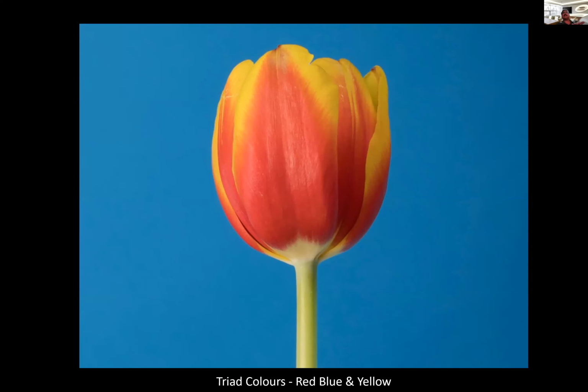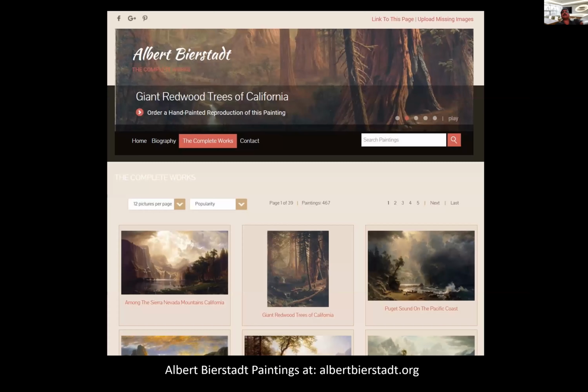How do you get these colors? How do you get this color wheel? How do you find out exactly what color wheels you are choosing? Now, the best source I find is a mid 18th century painter, Albert Bernstein. He painted the American landscape in such a beautiful way.